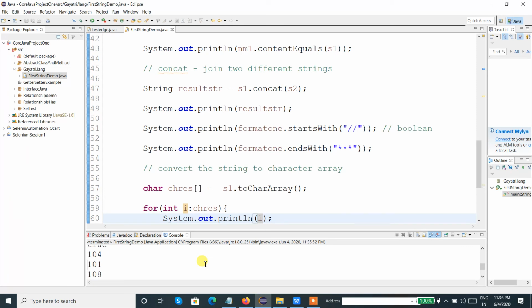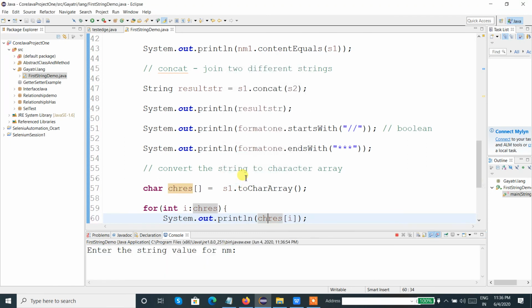Okay, so this is a character array, right? So what we need to do is chars of I. Now execute it.